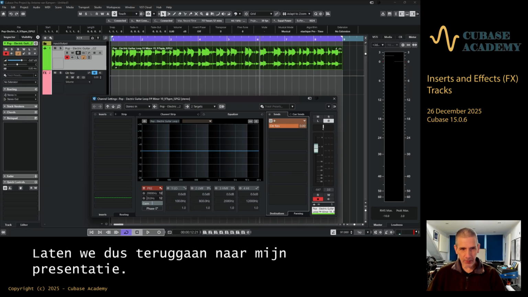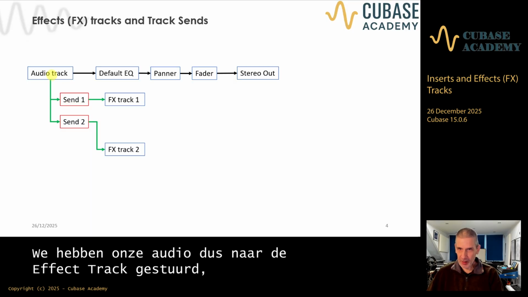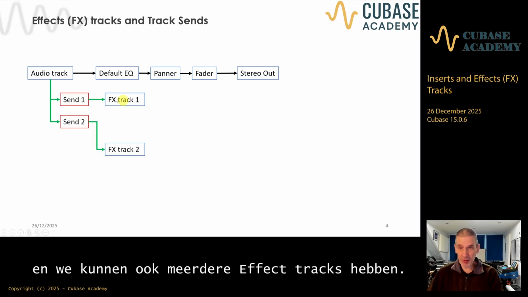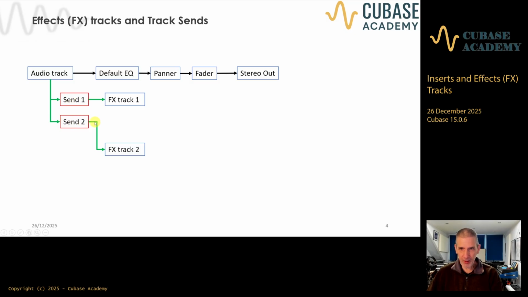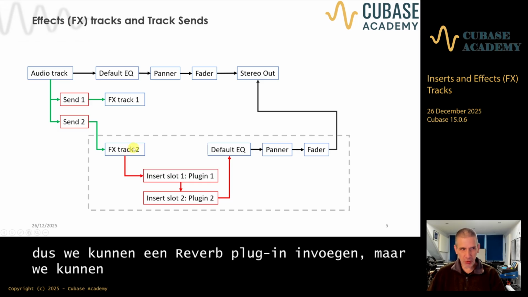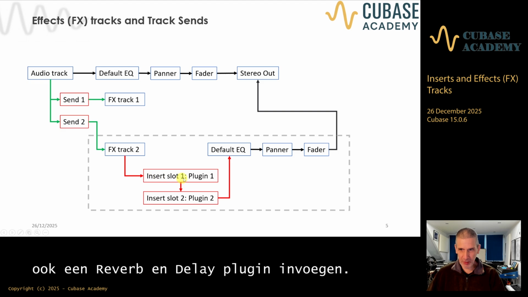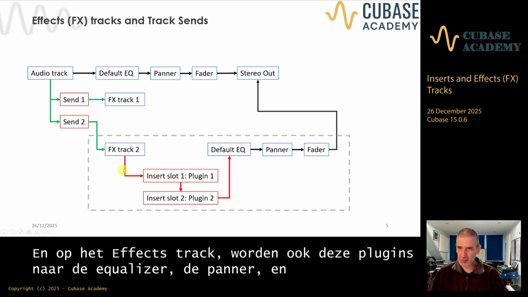So let's go back to my presentation. So we have sent our audio to the effects track, and we can also have multiple effects tracks if we want, one for the reverb, one for the delay, and each can have its own send. Now, on an effects track, we can then insert plugins again. So we can insert a reverb plugin, but we can also insert a reverb and delay. And on the effects track,